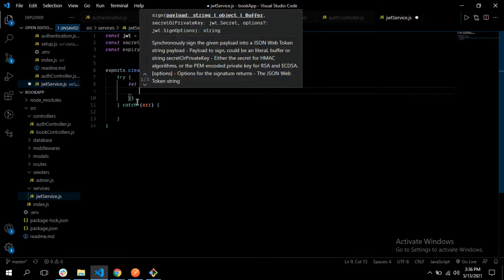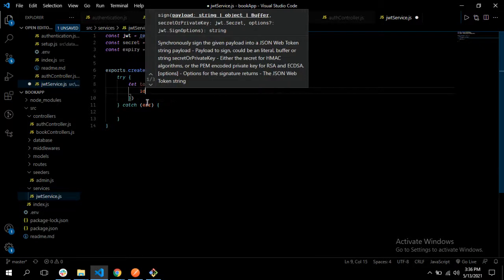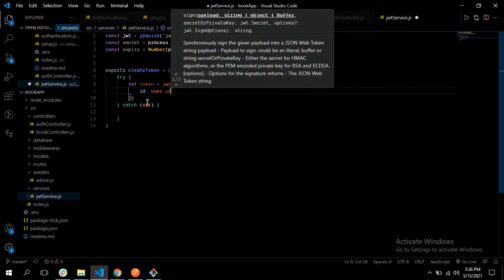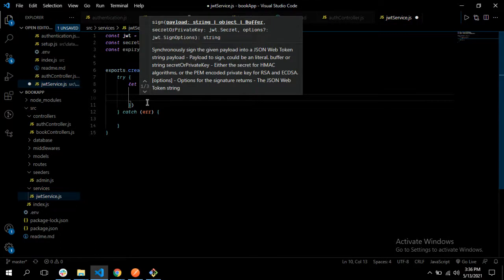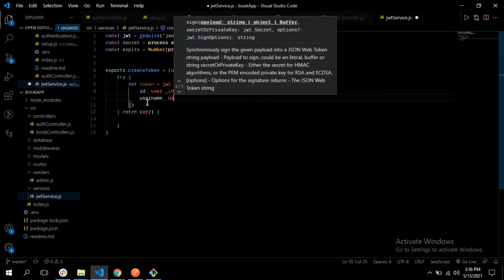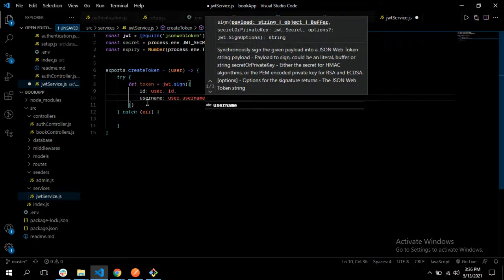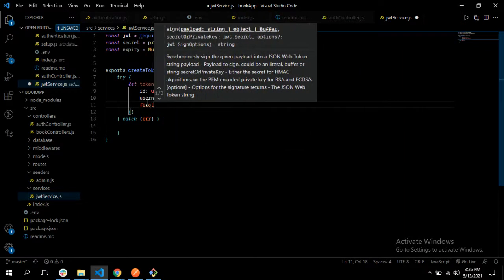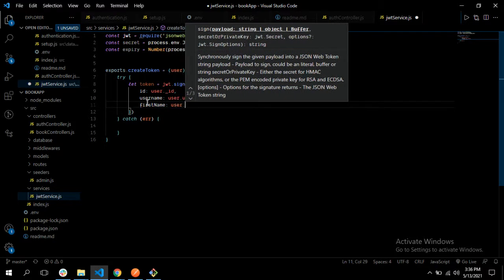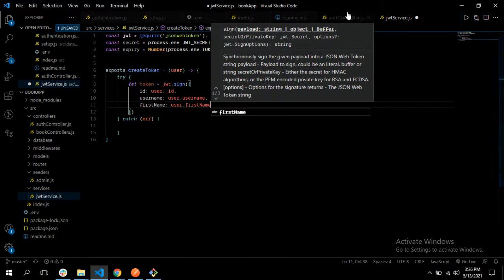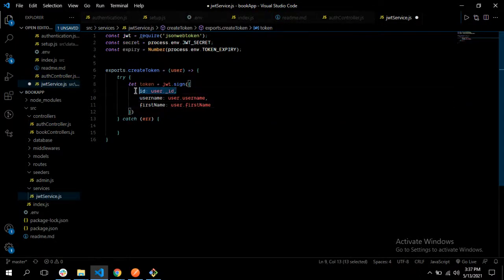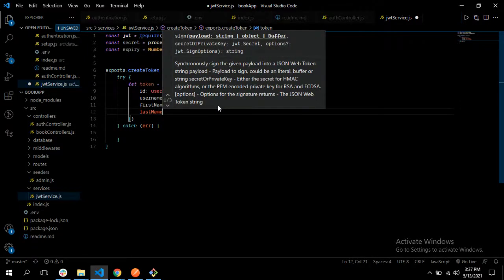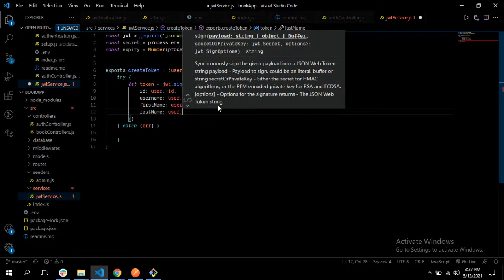and we want it to sign ID is user.id plus underscore ID. Username is user.username. First name is user.firstName, just as we have here, and then the last name. Okay, I think we do not have the ID, but let's leave the ID right there. And then last name is user.lastName,